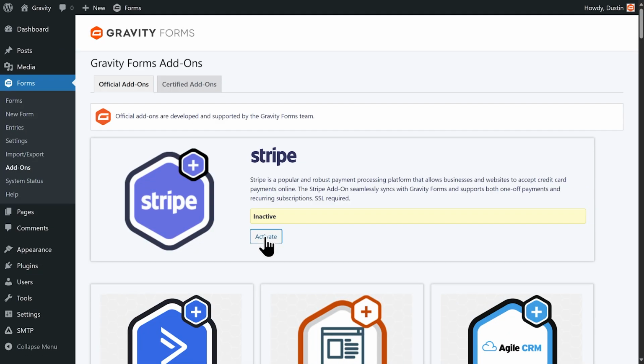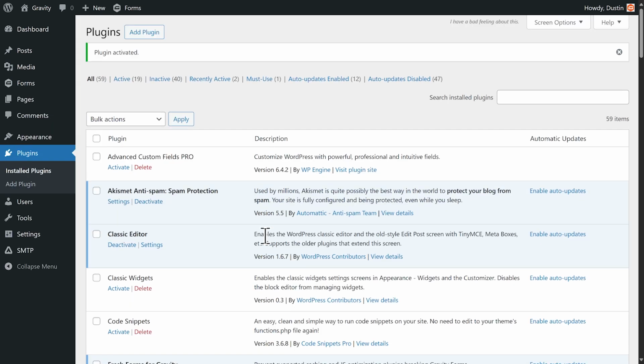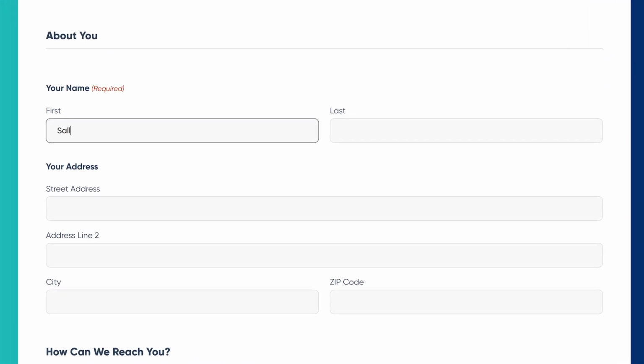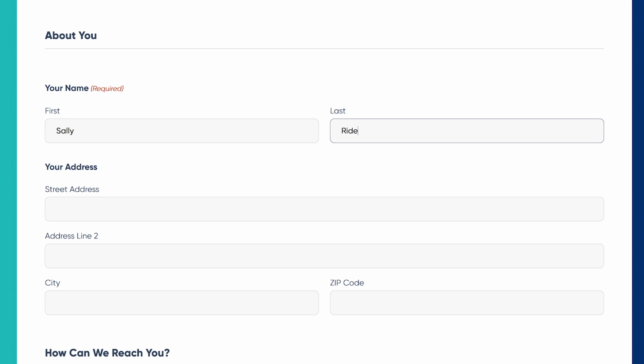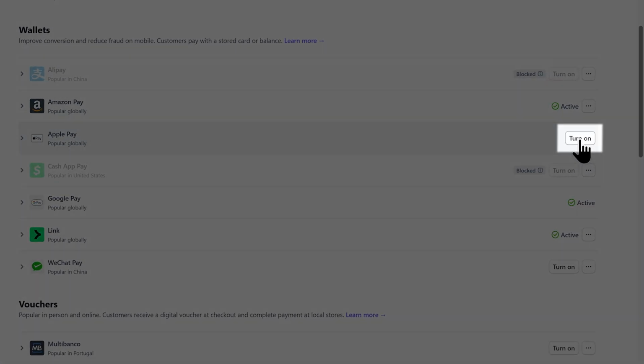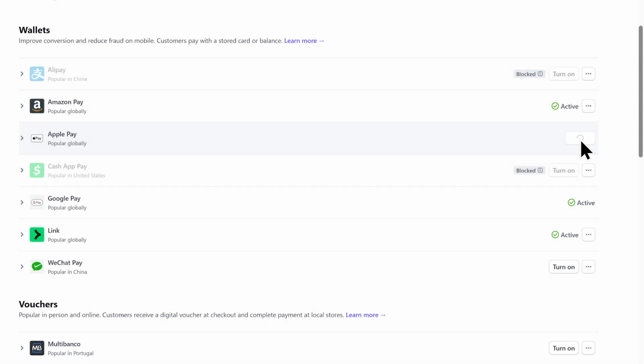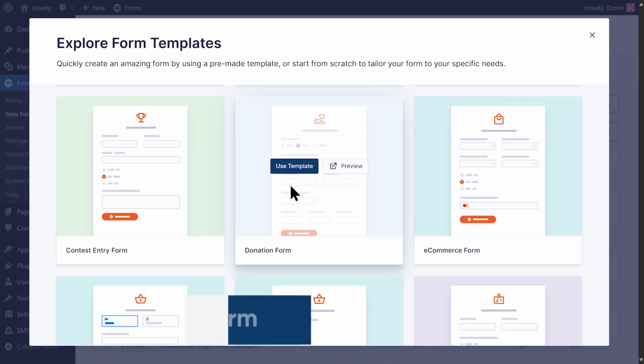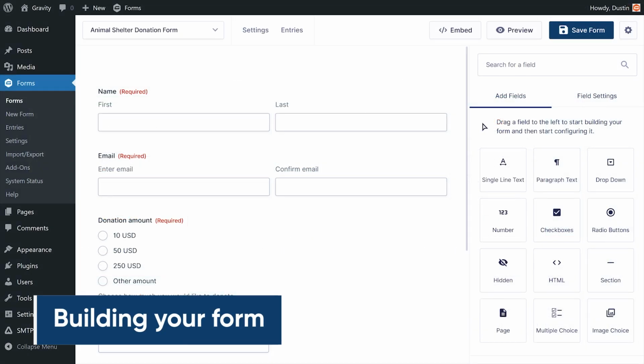Let's jump in. You'll first want to make sure you have Gravity Forms and the Stripe add-on installed and set up on your site. If you're new to Gravity Forms, be sure to check out our Getting Started playlist, linked below. And if you've never used the Stripe add-on, we have a full guide on getting up and running with it, also linked below. To get started, I'm going to create a new form using the donation form template and